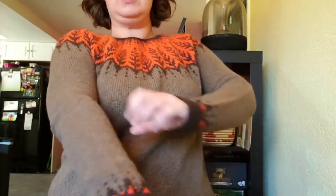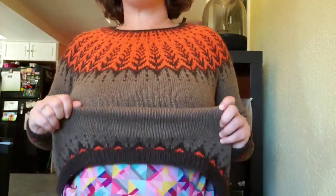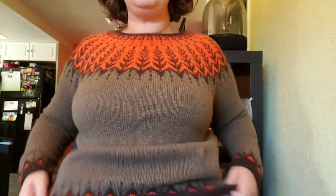It has cool details on the sleeves and also the hem. Oh, see my beautiful color underneath? You'll see that in a minute. I love it. Is it my first color work? I think it might be my first color work sweater. And as I said, I made it for Rhinebeck, and I knit it so fast. I started this on July 1st and I finished on August 24th. So less than 2 months, which for me is really fast,